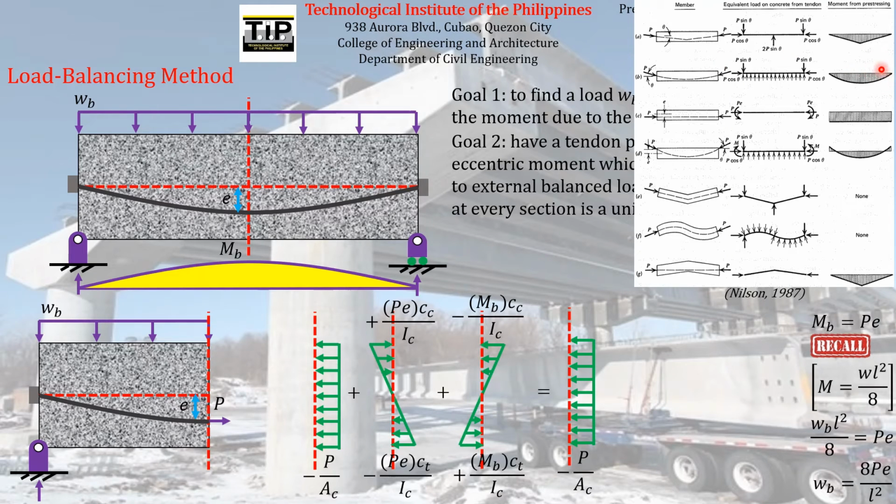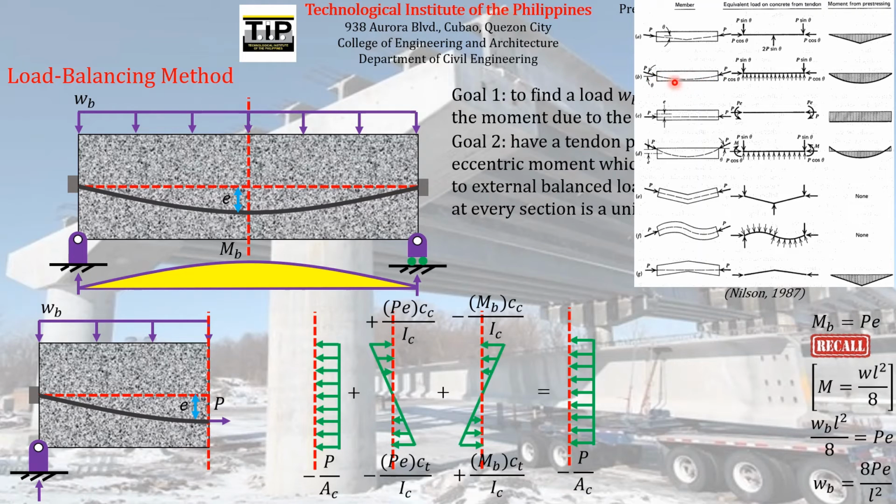Same magnitude of bending moments, but it must have an opposite direction. So we know that a uniformly distributed load, just like this one, produces a parabolic moment diagram, same as this, which will just counteract or counterbalance the eccentric moments being produced by the stressing force all throughout the